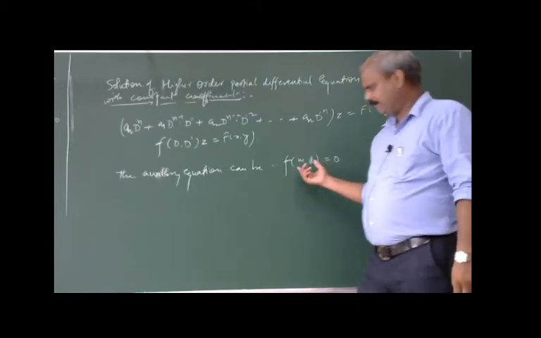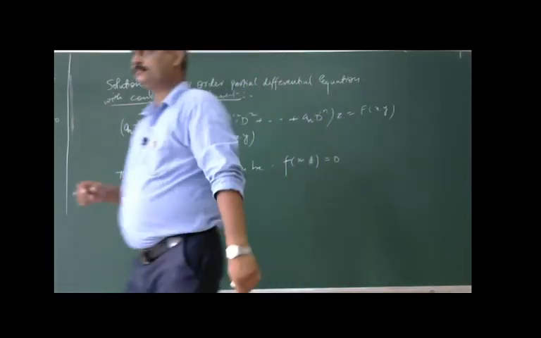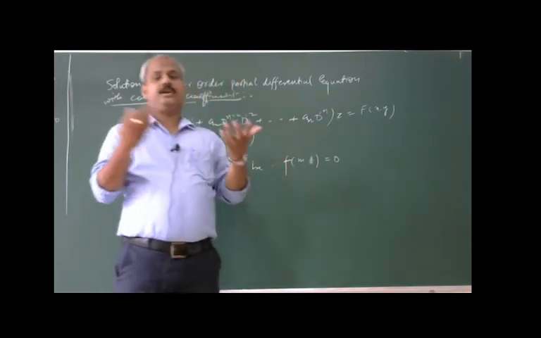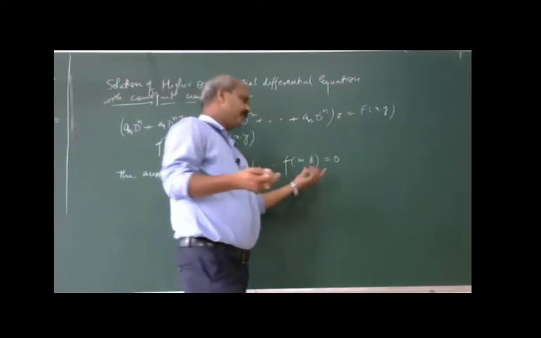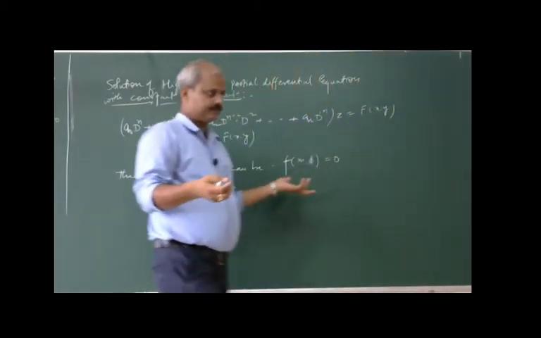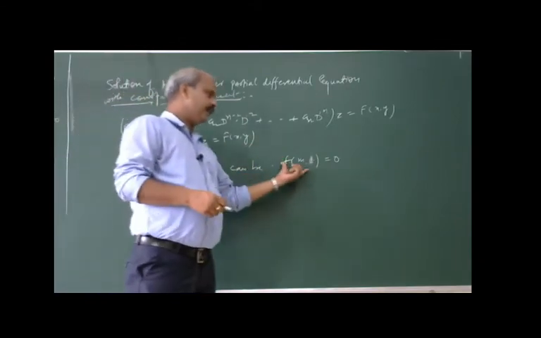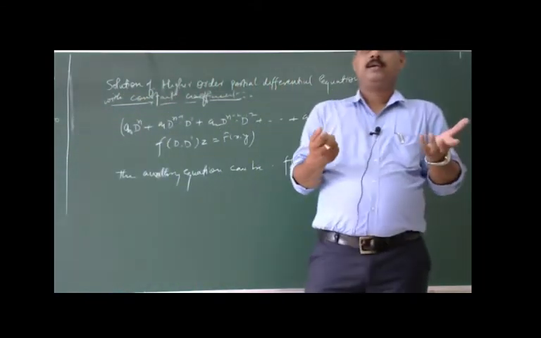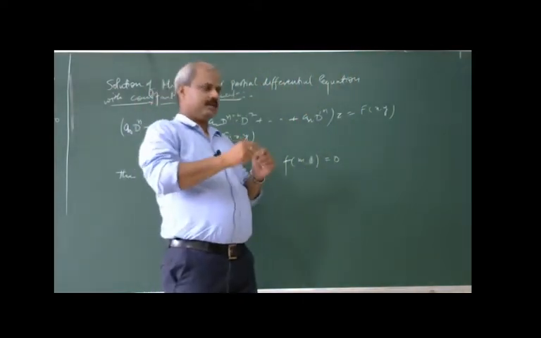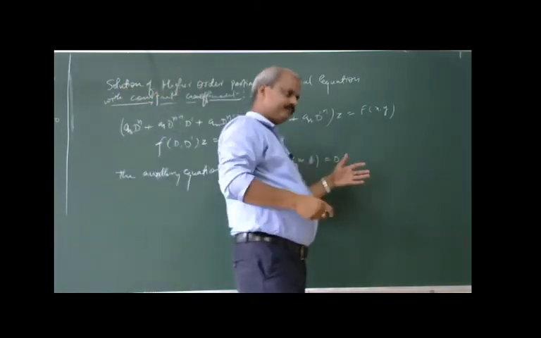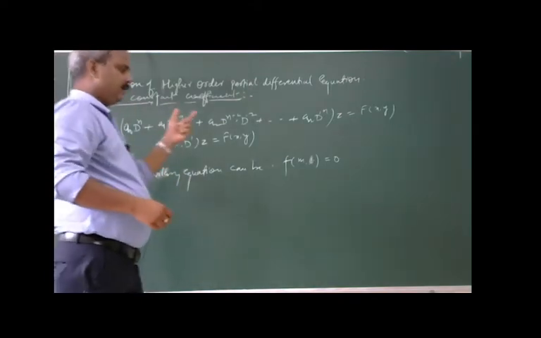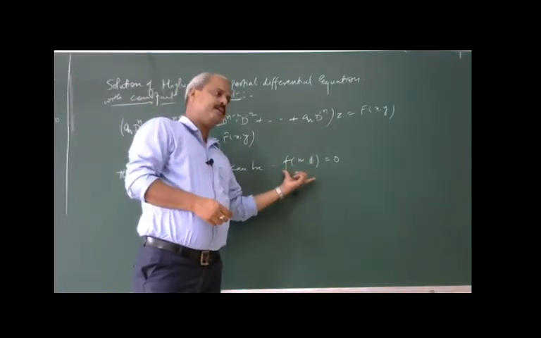If the auxiliary equation is quadratic, then there exist two roots. If the auxiliary equation is cubic, then there exist three roots. If biquadratic, four roots and so on. So with the help of this, the nature of the roots may be either real and distinct, or real and equal. So to find the complementary function, first write the working rule here.